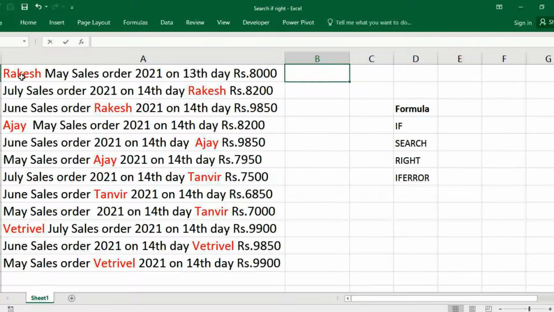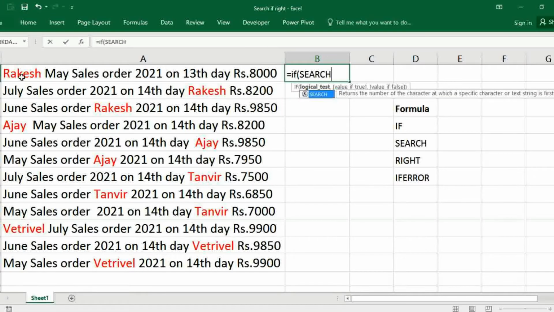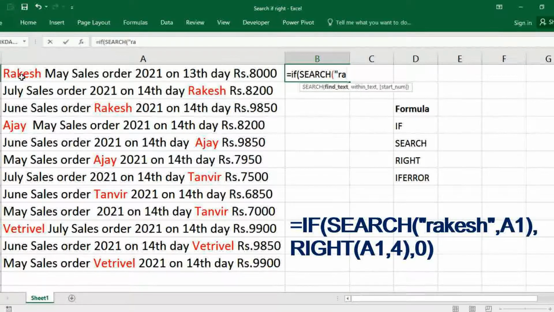So type if, then search. We want specific salesman, so we just type salesman Rakesh. Then from where we have to search, we have to give. So it should be A1, bracket close, comma.